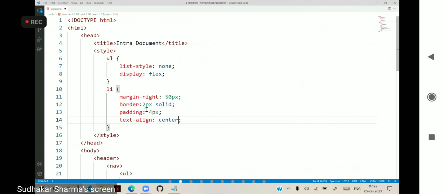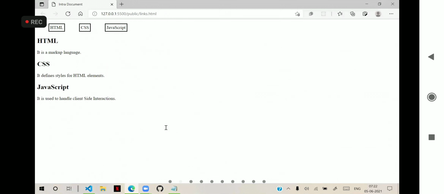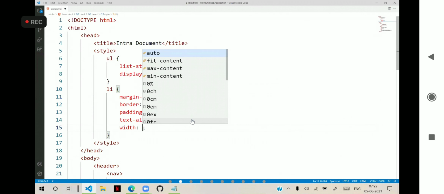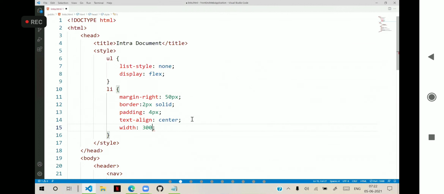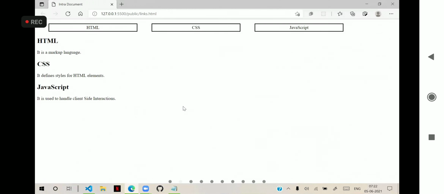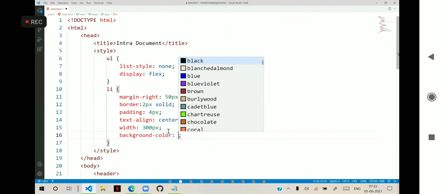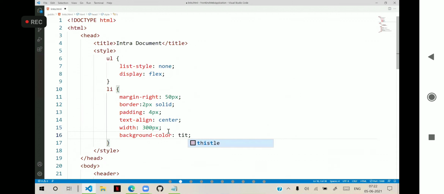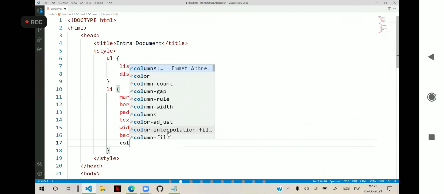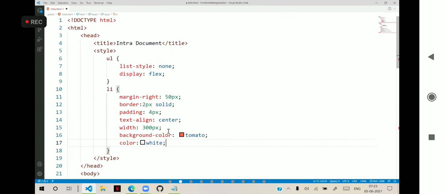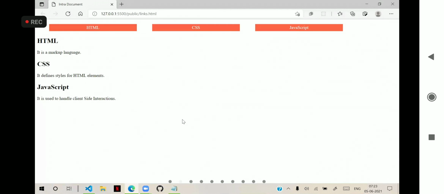Just giving some box style and width of 300 pixels. We have HTML, CSS, JavaScript options present, with a background color and color white, just like a button appearance.